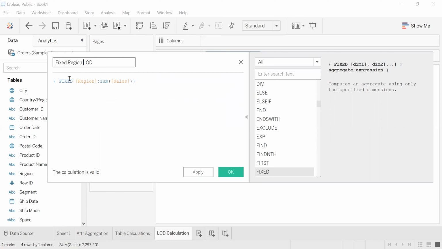So what I'm doing is, fixed is a keyword.